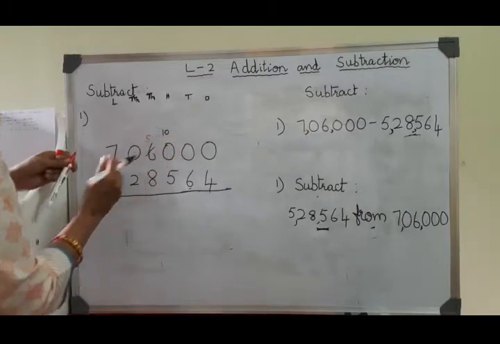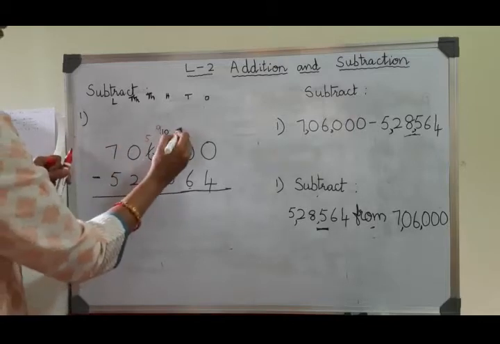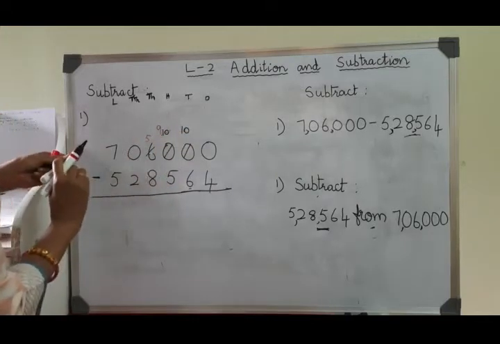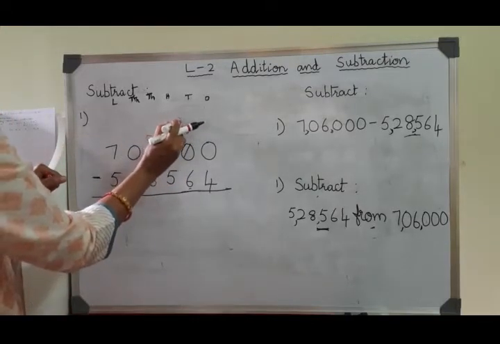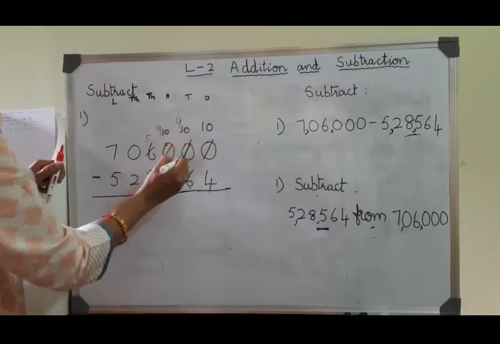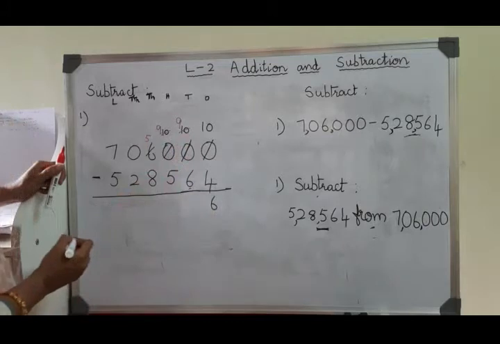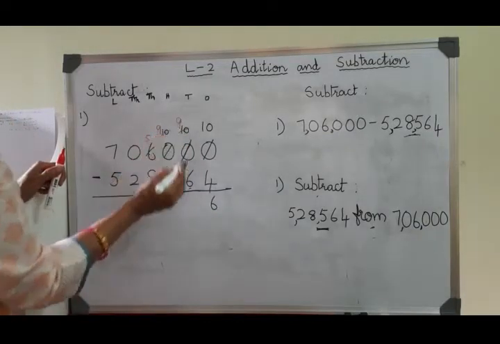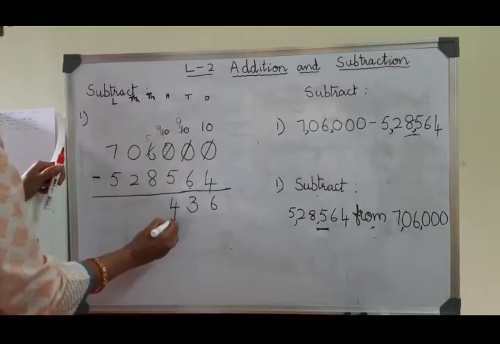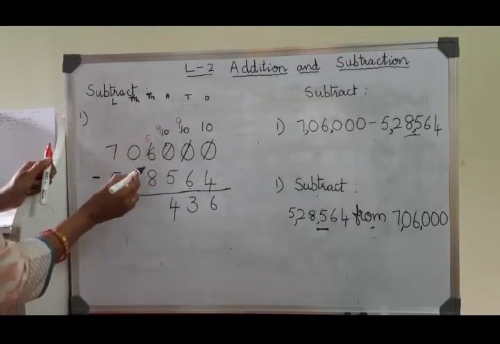the hundreds place. But once again, you have to take, it will become 9. Here you have to take 1 to this place. It will become 10. Once again, you have to take 1 to this place. You are getting 10 here. Subtract 4 from 10. How much is it? It is 6. Now subtract 6 from 9. How much is it? It is 3. Subtract 5 from 9. It is 4. Again it is 5 here. It is not 6 here. We have borrowed 1 to this place. Now it is 5 here.